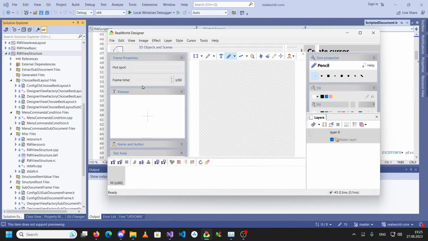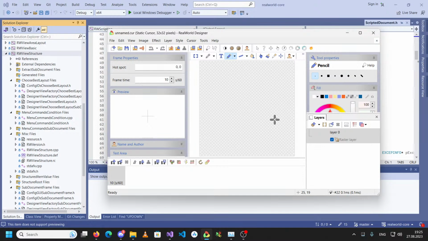Let's create a new mouse cursor, and you can see that this raster editor or vector editor is the same if you edit a raster image or a cursor, but a cursor contains multiple or can contain multiple frames,